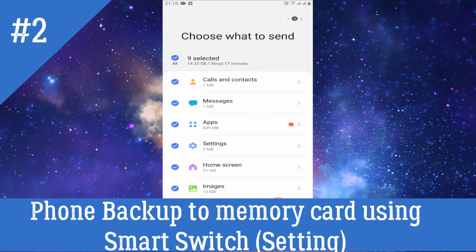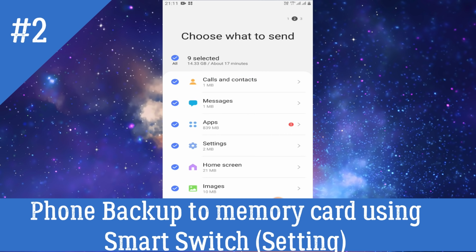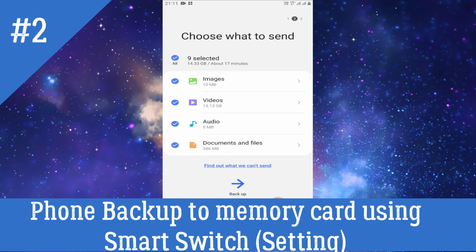You can't feel it's a new mobile. All the features you configured in the old mobile will come to the new mobile also. They provided all the features. You can select all the things, come below and take backup.